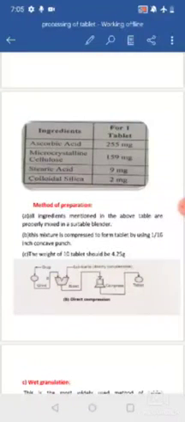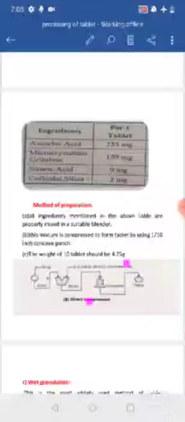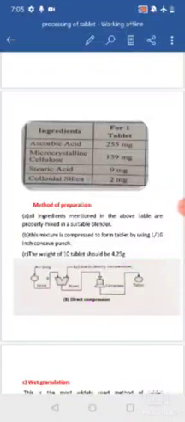You just take the drug, powder it, blend it with the other ingredients, compress, and prepare the tablet. This method is suitable for powders which have good flow property and good compressible property, which means they can easily compress and show good flow in the hopper. For those types of drugs, this method is suitable.